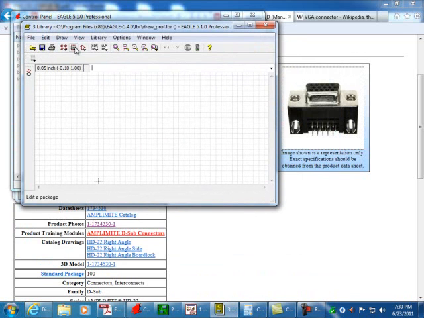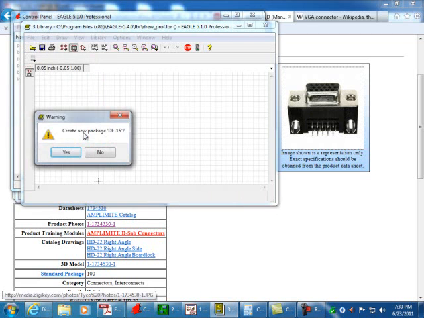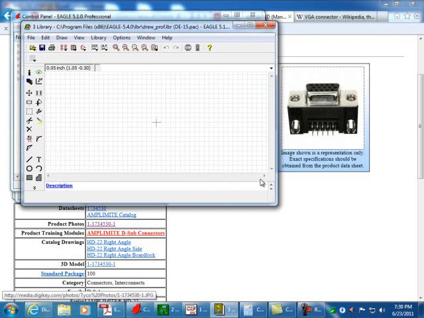Now first we're going to create the package, and then we'll create the symbol, and then the device. You can do the symbol first and the package second, doesn't matter, but the device is going to come third because it's a combination of both the package, which is used in the board layout, and the symbol, which is used in the schematic. So the package is going to be the connector type itself, which is DE15, and that could cover something other than a VGA connector if we so want. So I'll create this new package,